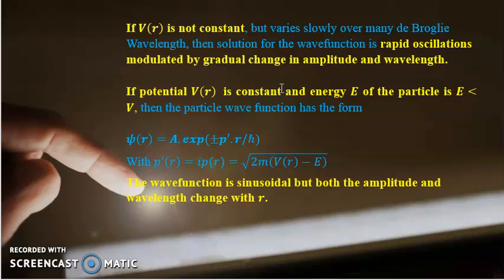Now, when potential is constant but energy is less than V, then the particle wave function has this form: psi(r) equal to A exponential of plus or minus p' dot r by h cross, where this p' is imaginary and is equal to the square root of 2m(V(r) minus E). That means the wave function in this case is also sinusoidal, but here the amplitude and wavelength both change with